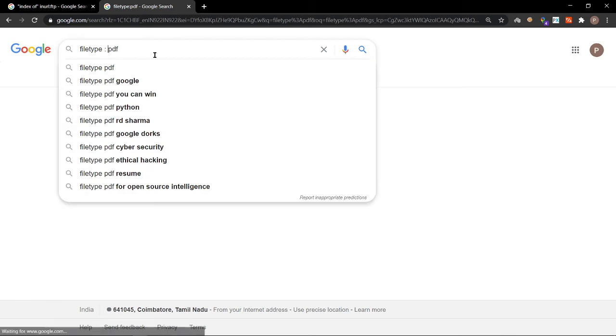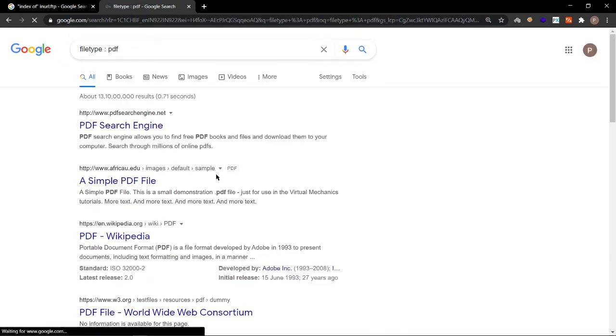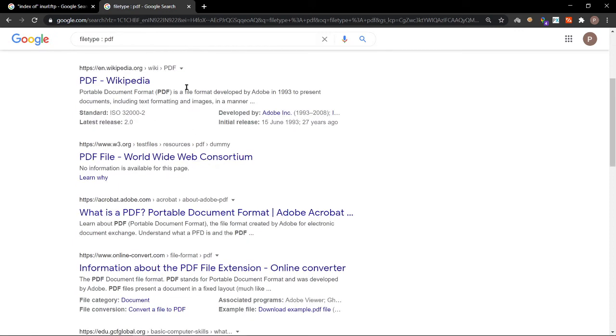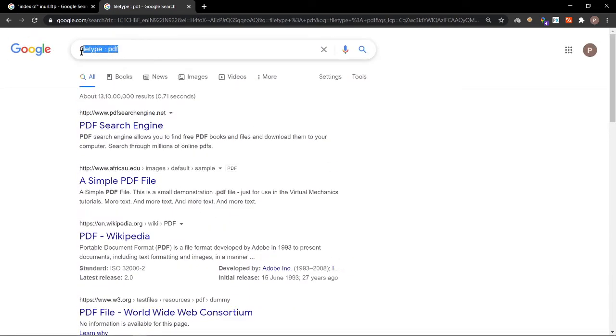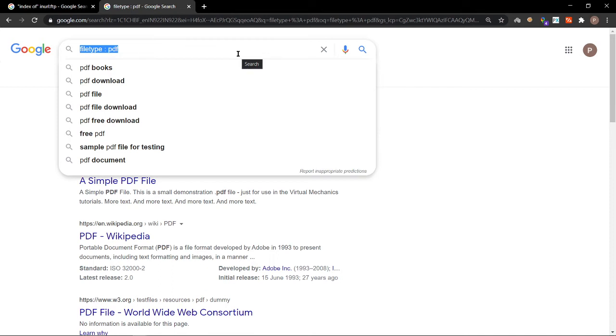See, PDF, PDF, PDF. Every one of those results will be PDF types. So you can restrict the results you get from Google via these Google dorks. These Google dorks can help you. They can also help you if you are owning a website. You can even try Google dorks for your own website. For now, let us consider our objective is to find all the admin pages of Pakistan. So what will be the Google dork we will be using? Let me give an example.